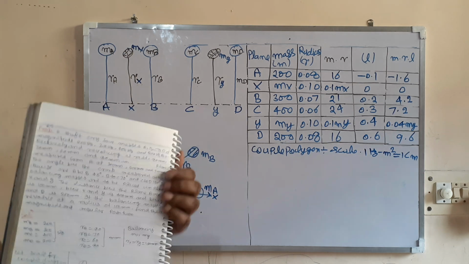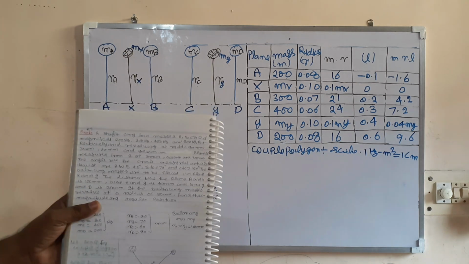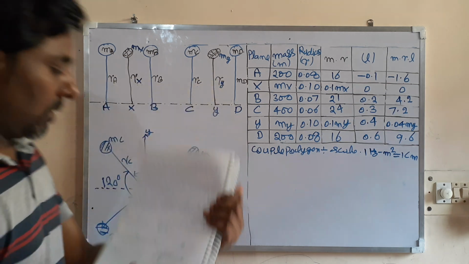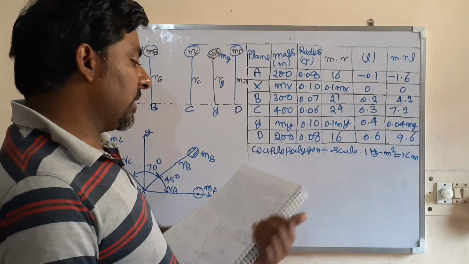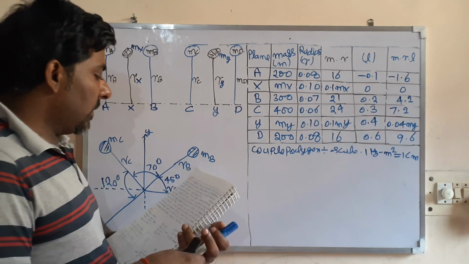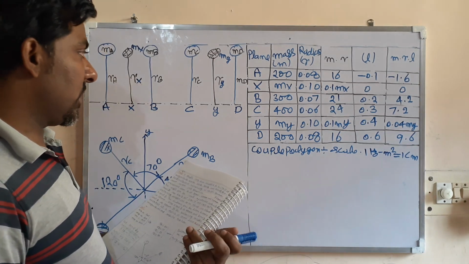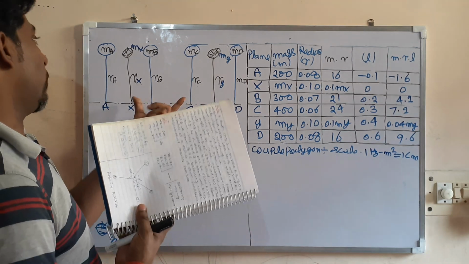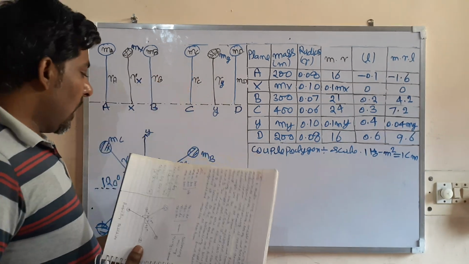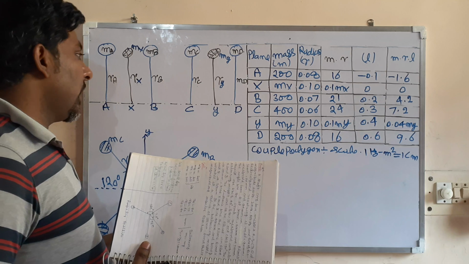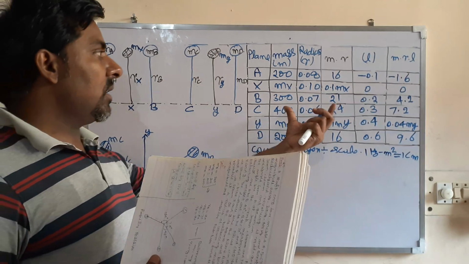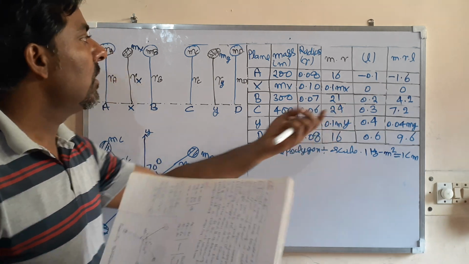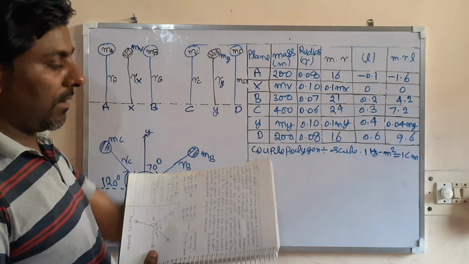You can take a snapshot of this problem. Now I am reading and writing the data. A shaft carries four masses. For the position of the masses, we are showing this diagram. For their angular position, I am showing this diagram. And for calculation, I am using this table. In this tabular form, I am doing the calculation. So I will write the data accordingly.